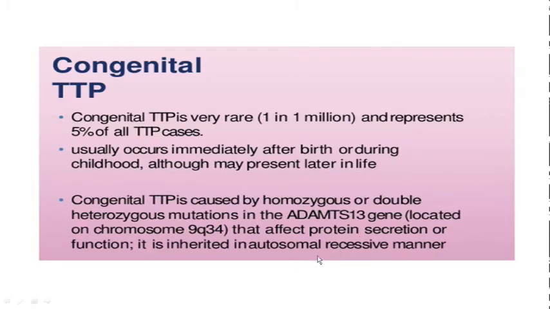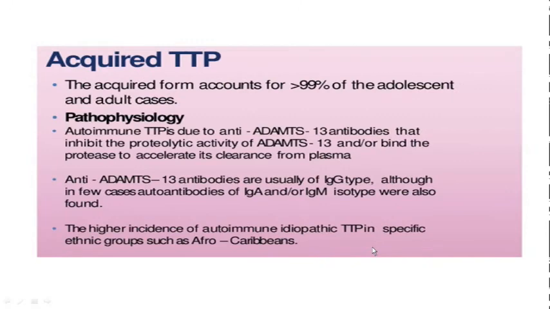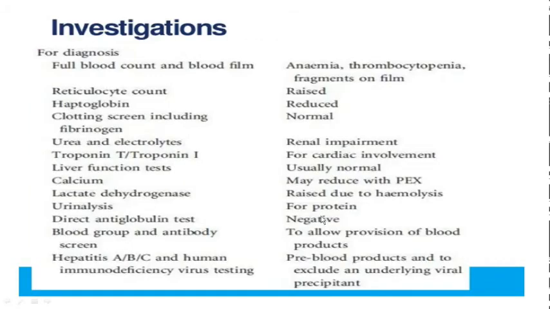which is inherited in an autosomal recessive manner. But the acquired form accounts for 99% of the adolescent and adult cases. Again, there will be anti-ADAMTS13 antibodies, which inhibit the proteolytic activity of ADAMTS13. These antibodies are usually of the IgG type, and especially in Afro-Caribbean people, there is a high incidence of autoimmune idiopathic TTP. And for diagnosis purposes, basically you need the